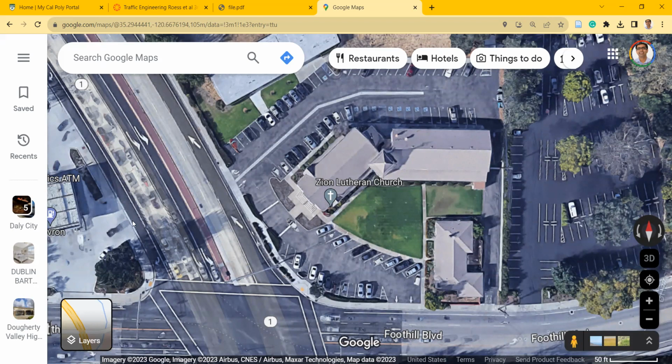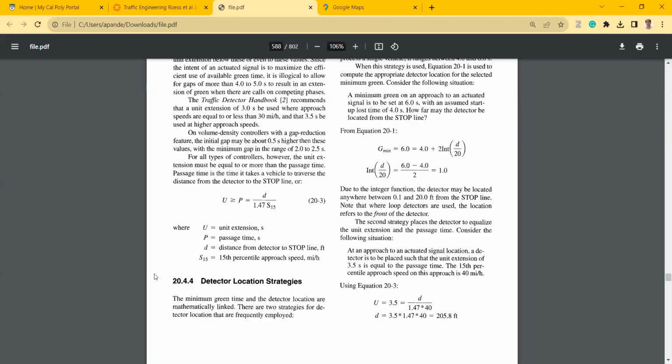But again, because we are allowing right turn on red on this approach, more often than not, you won't have to worry about providing any kind of right turn phasing, right? Because you're allowing that movement to go on red. So you don't have to worry about detection and all of that on the right turn approaches for the most part. Okay, so let's go back to